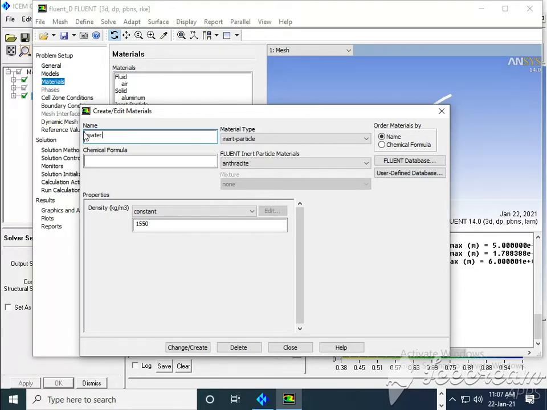Okay. Then you can see the density, 700, sorry. Okay. That you can change, density.